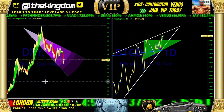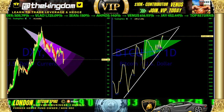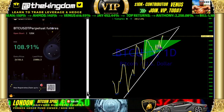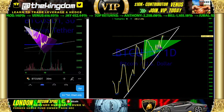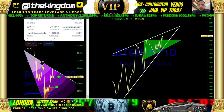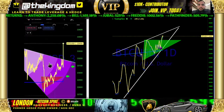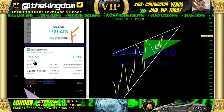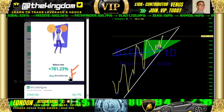I want to say congratulations to anybody who's been trading, including the VIP, of course. Taking a look at the returns, it has been phenomenal in the back today. So many returns. Looking at the chart formations that we caught, the bump and run, bam, blistering, boom, to the upside when we got the CPI index. Guys, look, one trade, 57,600. Freddie, another trade,